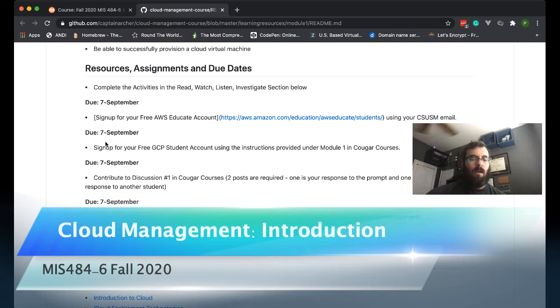You're also going to have a due date for that. You're going to sign up for a free GCP student account, and you're going to use the instructions under Module 1 in Cougar courses. The reason for that is this is a private document. Anything that's private and I can't share through the internet in general, I will put under Cougar courses, under that particular module. In this case, the coupon code link that you need for your GCP account is under